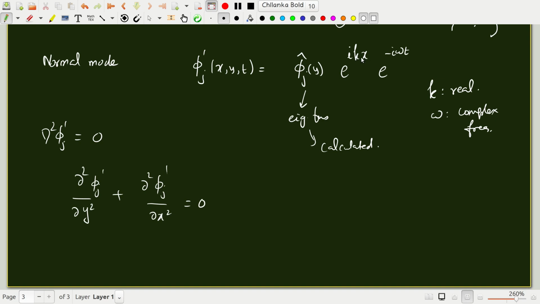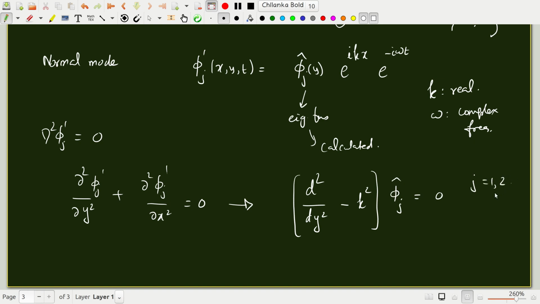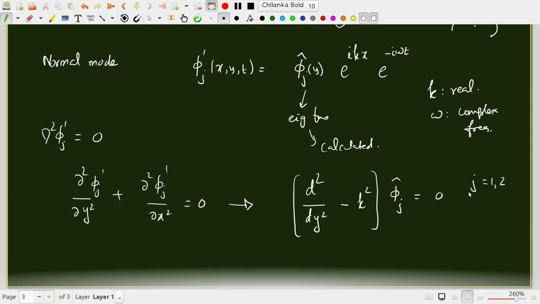If I differentiate it twice, I will get minus k squared, because ik times ik is i squared k squared, and i squared is minus 1. So this will give rise to d squared by dy squared minus k squared, acting on phi j cap, equals 0, and j is 1, 2. Okay, now